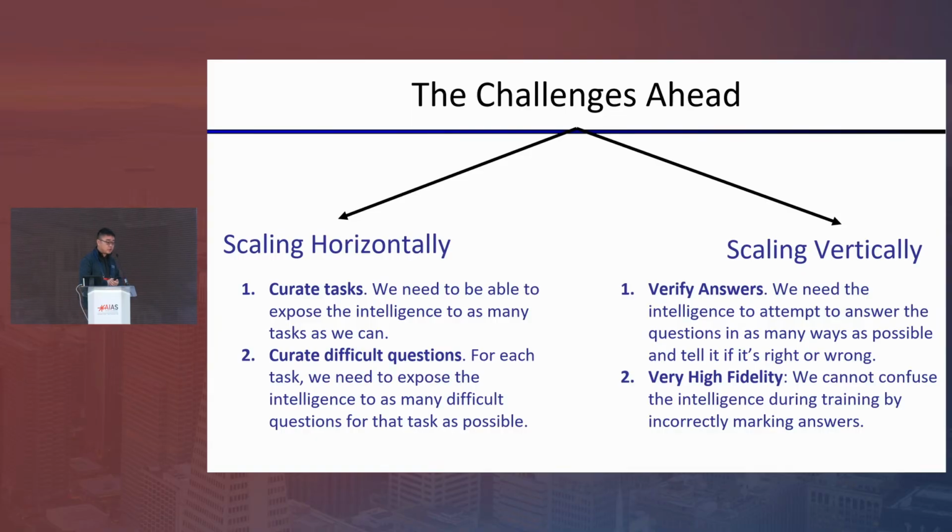From a second perspective, it will be scaling vertically, which means that, given that I'm dealing with a specific application with a very smart model, how do I make sure that eventually it's going to support humans? One key aspect here I want to emphasize is verification, which I will also motivate later.